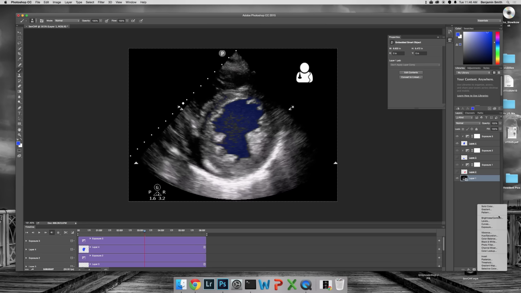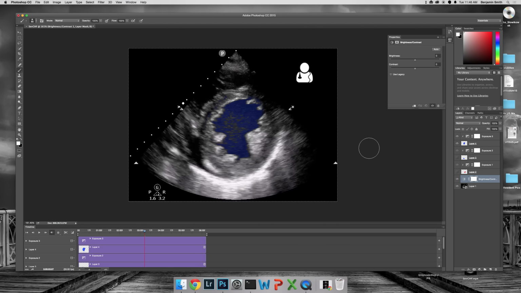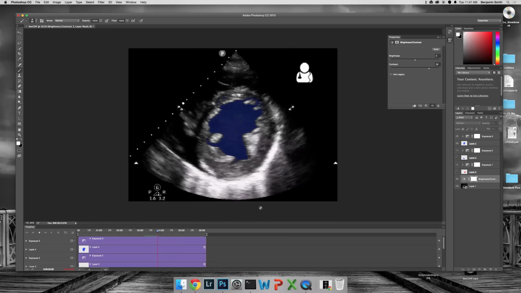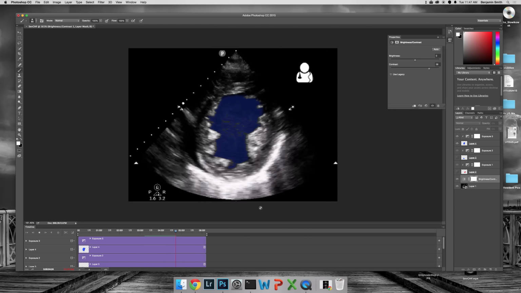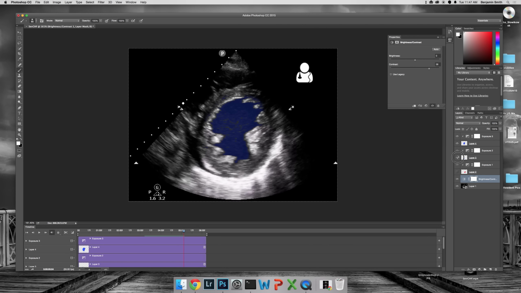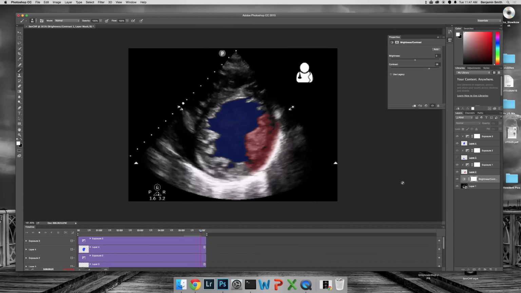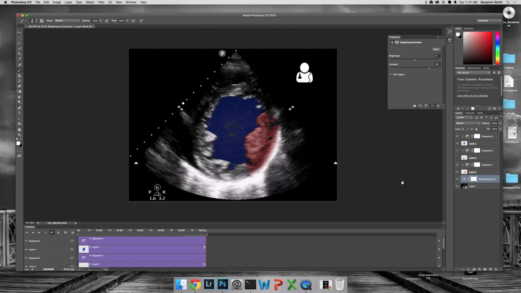contrast. So we've got brightness and contrast. So what I want is a bigger difference between the white and the black, and if I just bump up the contrast, I should be able to get that. As you can see there, that's more contrasty. So as I hit play, it just shows me the lumen colored in blue. And I can go back and turn back on my other colors. I'm just going to turn back on the red and show you how I've got blue in the lumen, and I've got